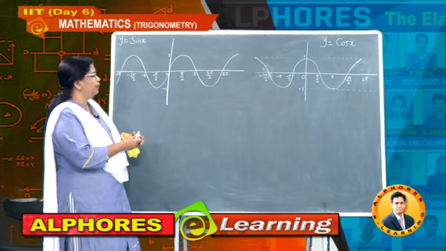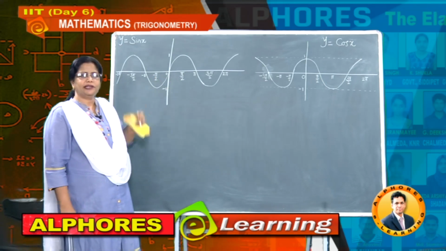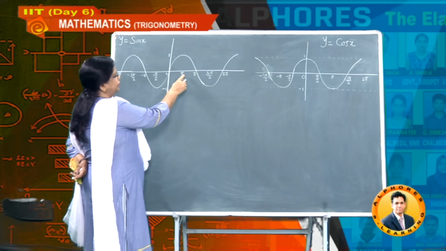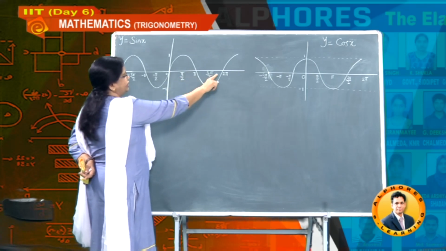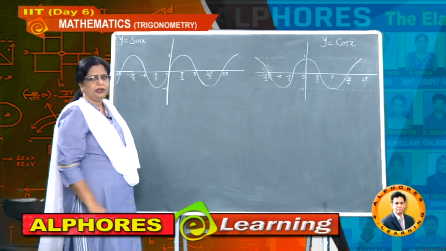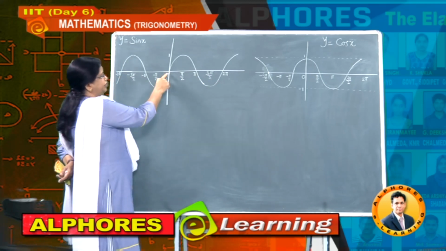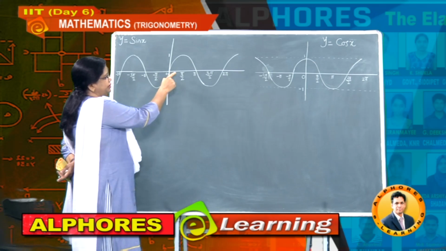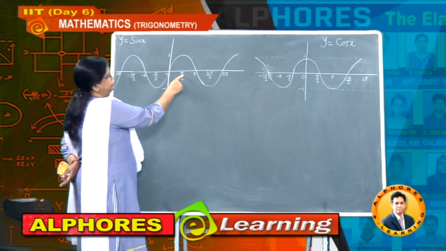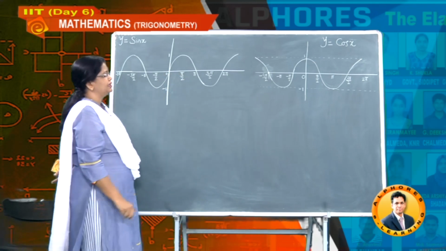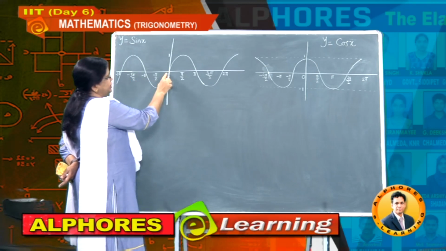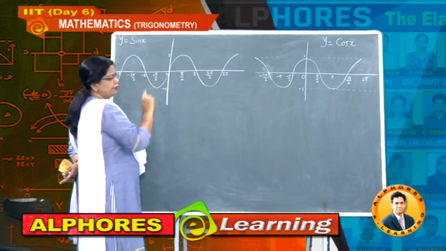First of all, what values have we taken on the x axis? On the x axis you observe clearly 0, 90 degrees, 180 degrees, all values. So what is the value between 0 and pi by 2? Many values are there, 0, 0.1, 0.2, 0.001, like that. I wrote here only a few values which are on the x axis. Other values are also there, 0, 0.1, etc. up to pi by 2.